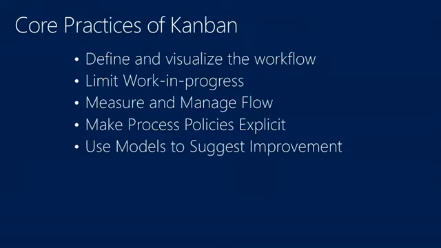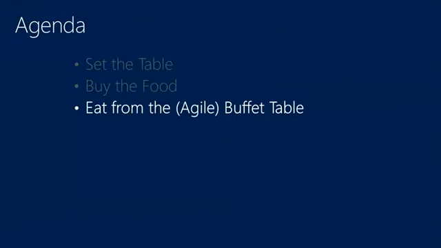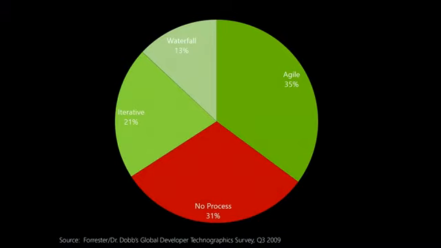So Kanban is actually a lot different than Scrum and XP. I actually think they can work together pretty nicely, and that leads us into where we're going with this, because I'm not trying to sell you on Kanban. John was not trying to sell you on Scrum and XP. What we want to do now is say, now that we've put onto the table Scrum, XP, and Kanban, all those bullet points, now let's start talking about actually building the Agile buffet table itself.